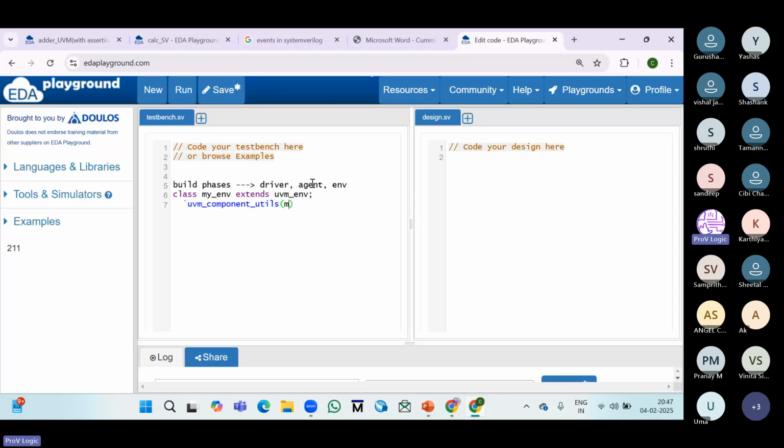Here we need to pass whatever the class name is there. So no need to put the semicolon here. And in UVM environment, we will create the agent and scoreboard, because in agent we'll have,